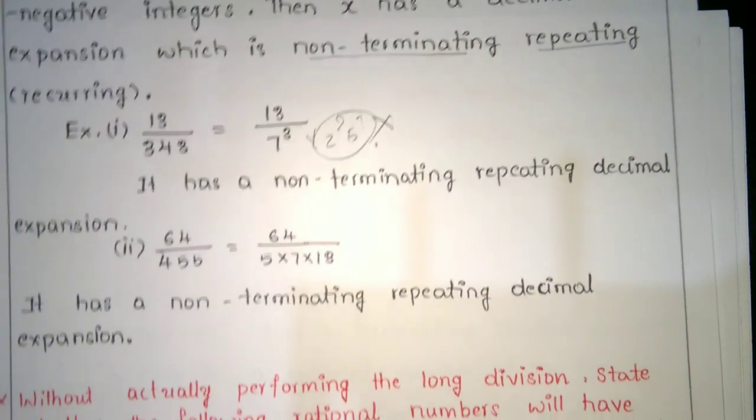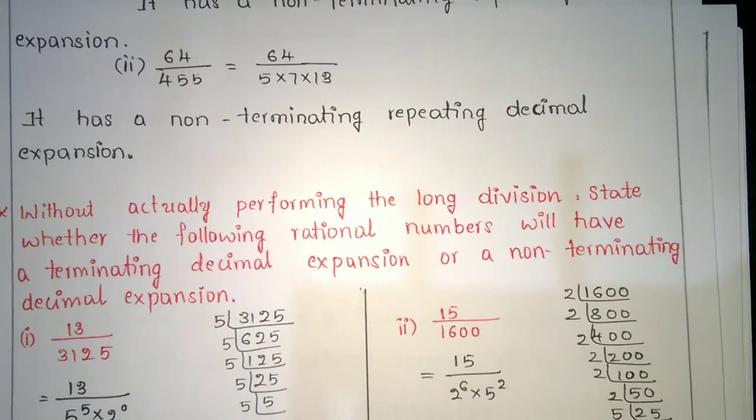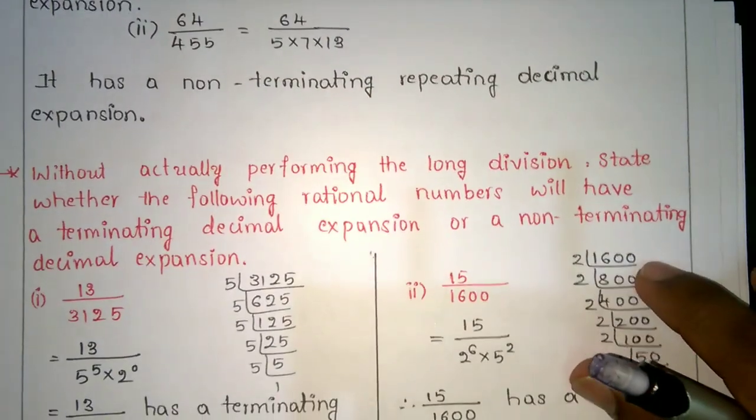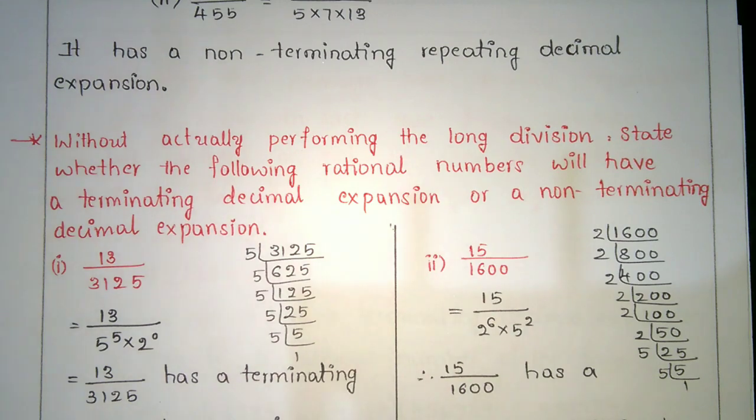So next, now you have the problems. Without actually performing a long division, state whether the following rational numbers will have a terminating decimal expansion or a non-terminating decimal expansion. First one, 13 by